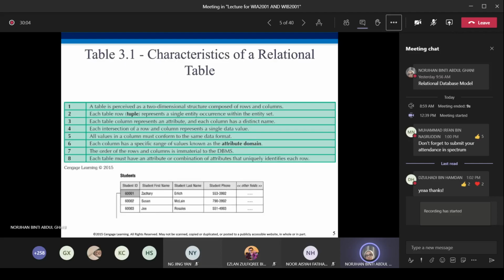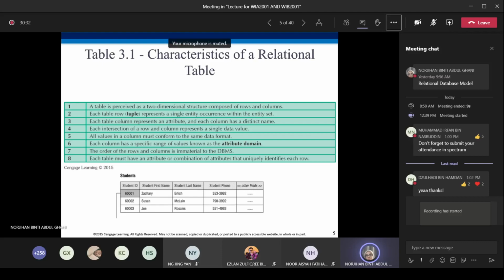These are the characteristics of relational tables. I put an example here. A table is perceived as a two-dimensional structure composed of rows and columns. If you look at this students table, it is a two-dimensional structure composed of rows and columns.